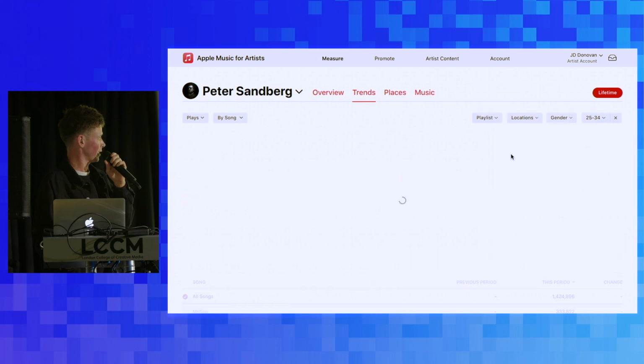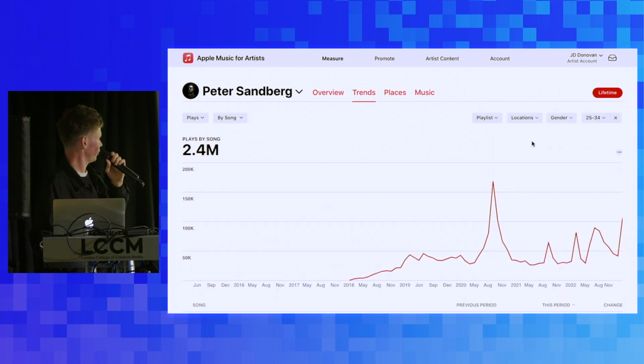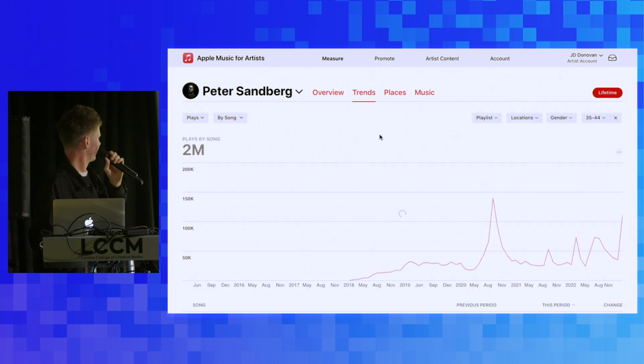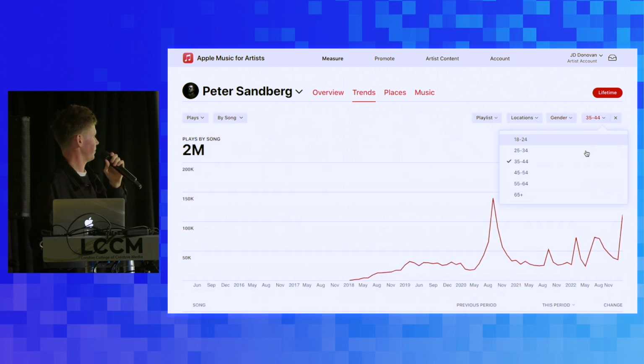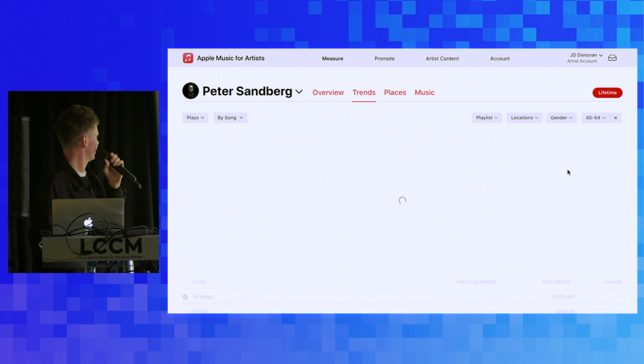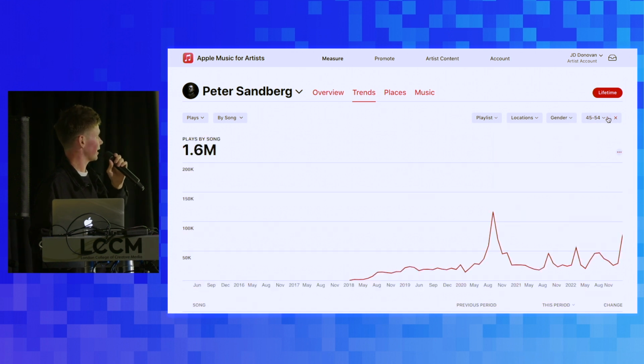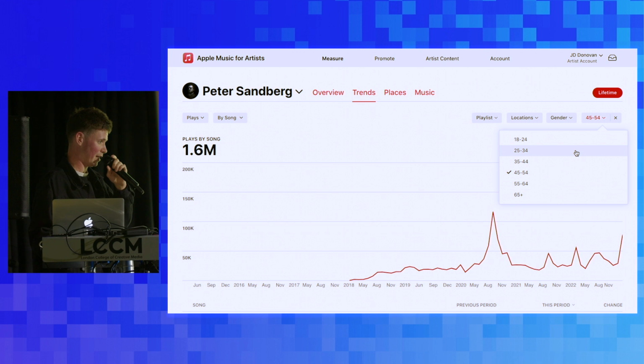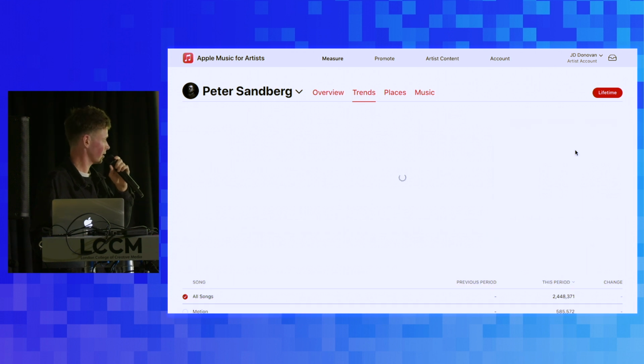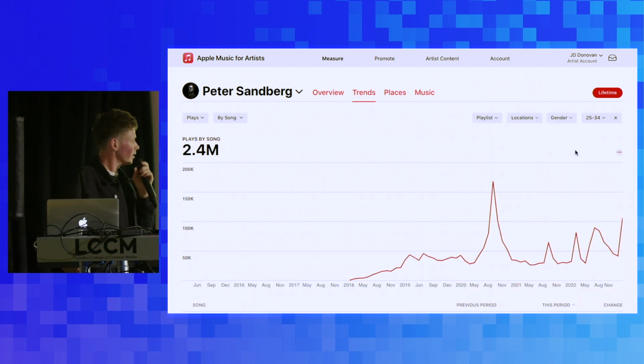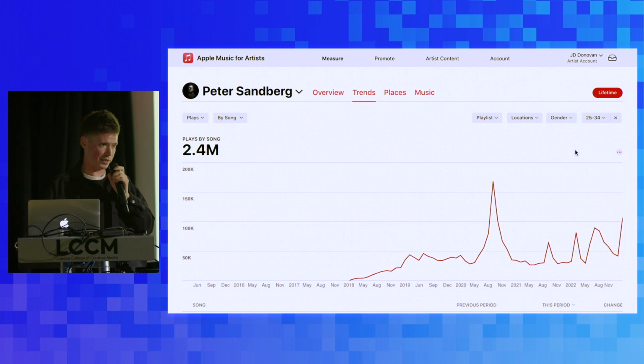If I filter by the category above, 2.4 million. If I go the category older, 2 million. So what's going to be the biggest category here, we think? It's actually the mid-20s, my man here at the front, he's right. So that's interesting, quite different from what you would all expect.